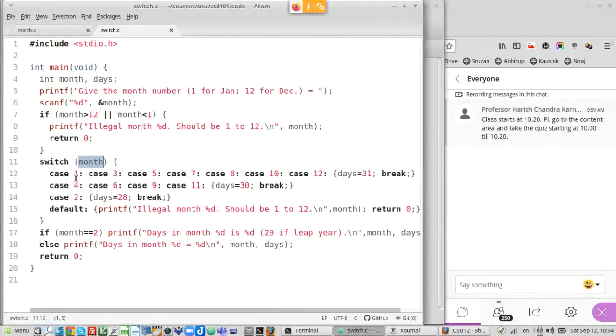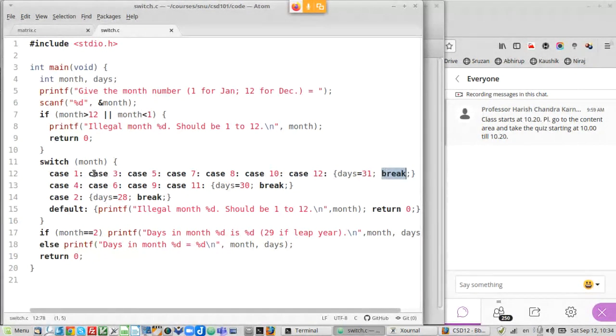What it says is case 1, so that means if the month is 1, or 3, 5, 7, 8, 10 or 12, that is January, March, May, July, August, October, December, then set days to 31, and then notice I'm saying break. So get out from here.